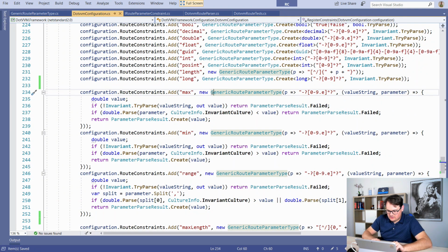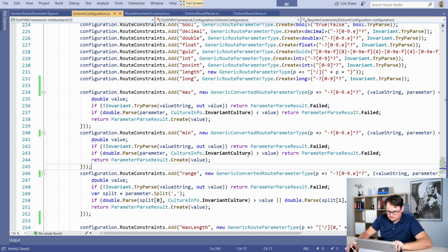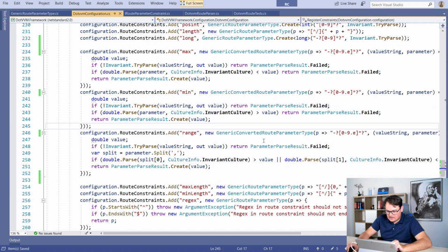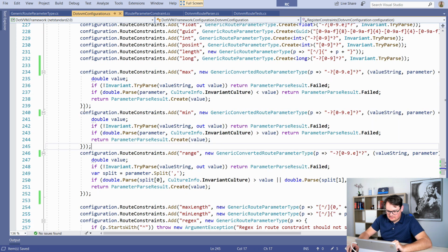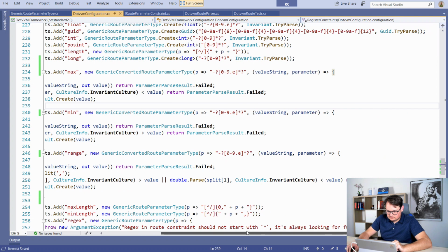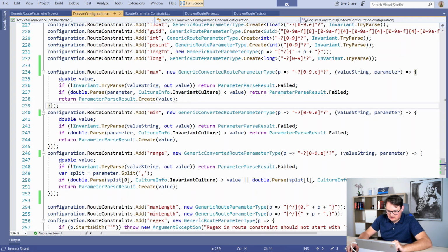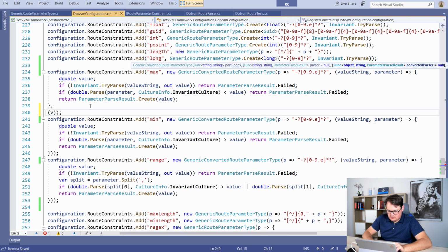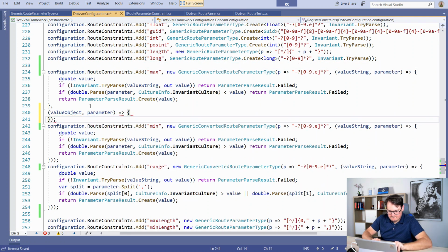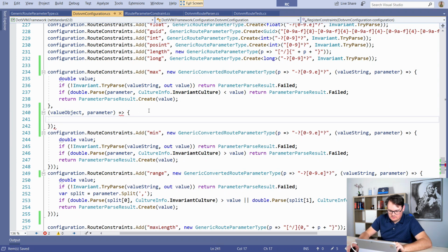So it should be generic converted route parameter type, and we should provide an alternate implementation for that, and that should be here. So it will be value object and parameter. Okay, so this is the alternate implementation,